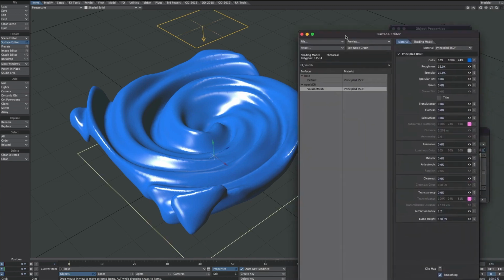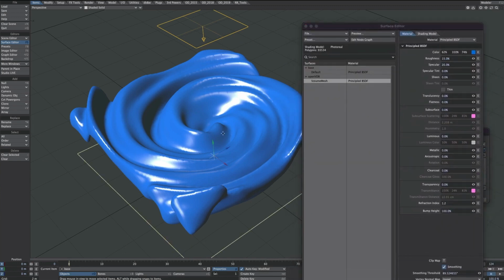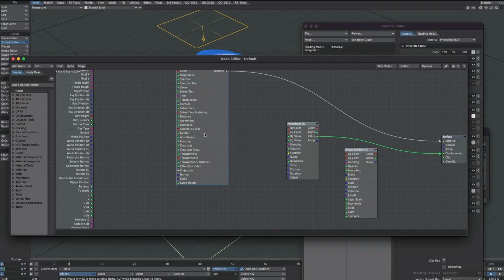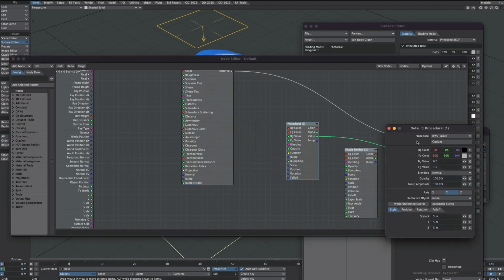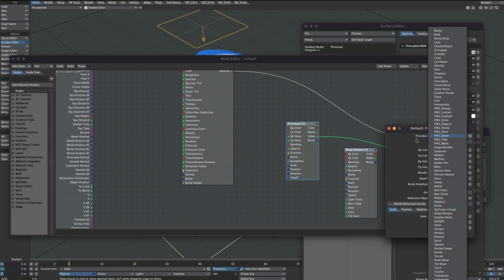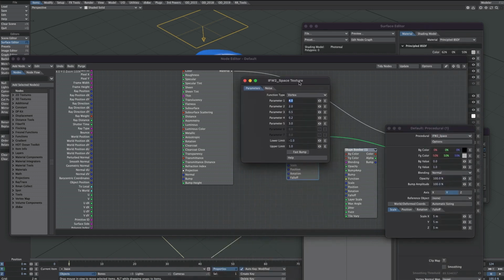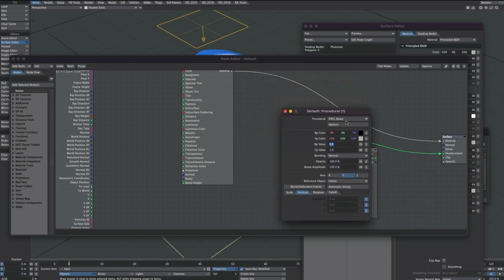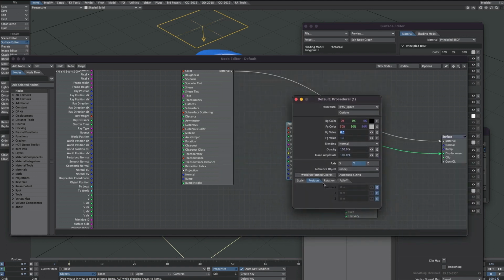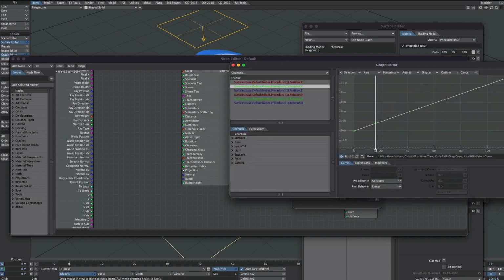If we look at the surface editor, the OpenVDB mesh is just a principled BSDF here. And on the base, exactly the same setup as previous example. I'm literally just using a procedural with one of those lovely IFW2 space procedurals. I've set it to vortex. All I'm doing to get the animation is I'm adding a bit of animation on the position and the rotation. Just a bit of movement on the Y position. And I'm basically rotating it